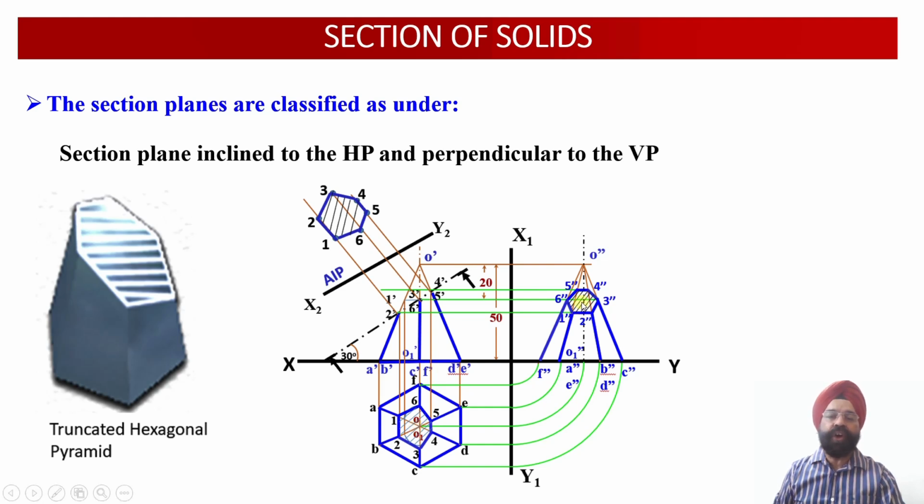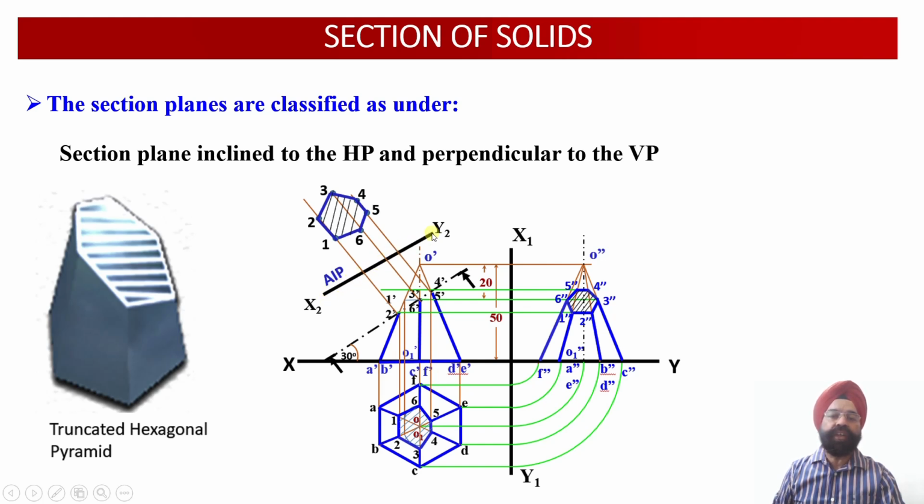Similarly, whenever we draw the side view also, you can see this cut section is again inclined to the side view or the profile plane as well. So this is the profile plane. Even if we draw the profile plane projections over there, that is the side view, again in the sectioned side view we are not able to obtain the true shape of this cut section, and we will be able to draw the true shape projections only when